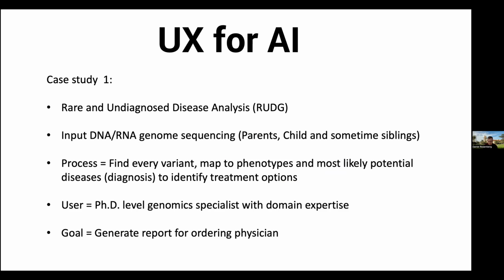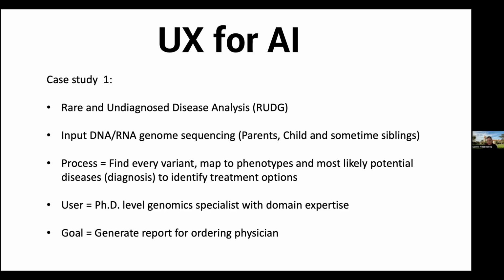The process is, once you've sequenced the DNA, you have to have every unusual variant appear. You have to map every variant to possible phenotypes. So a disease characteristic, which could be a blindness or deafness or some maldeformity, and figure out, once you can determine the diagnosis, that is the first step in leading to what your treatment options are, be they genomic or non-genomic medical options.